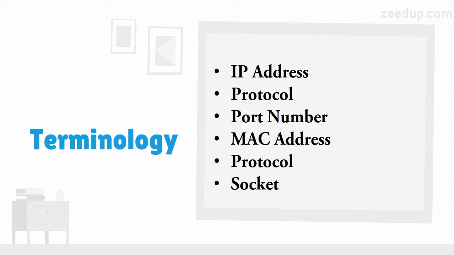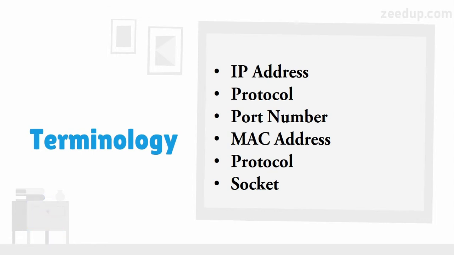So the first thing that we come to know is the IP address. Now, what is the IP address? An IP address basically is a unique number that is assigned to a network. It is composed of octets, usually 4 octets that range from 0 to 255. It is a logical address that can be changed, and just like the fingerprints of a human being, it is unique for each and every network node. So if you want to identify a network or a node over a network, you can do that with the help of its IP address.